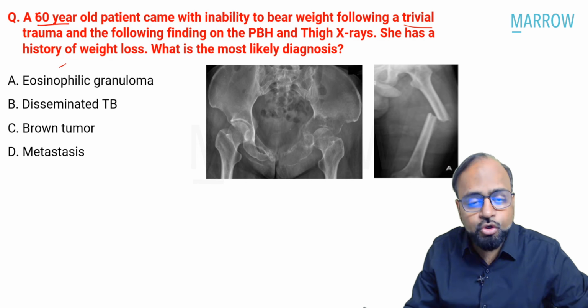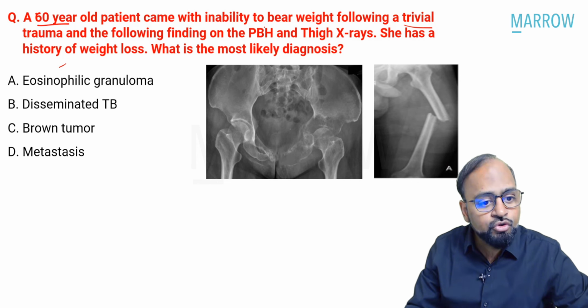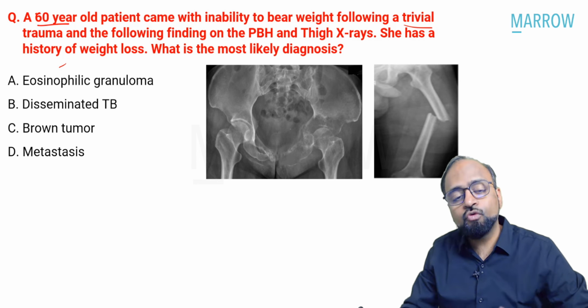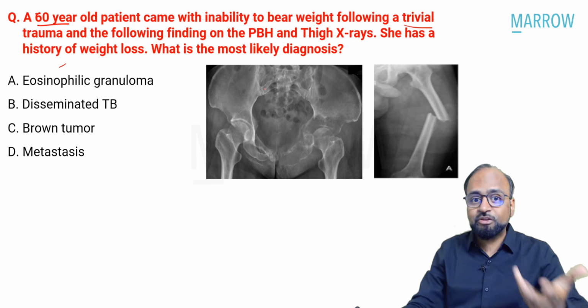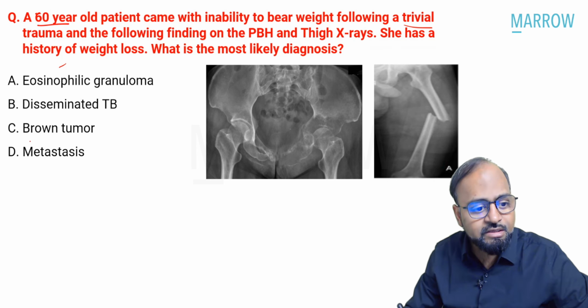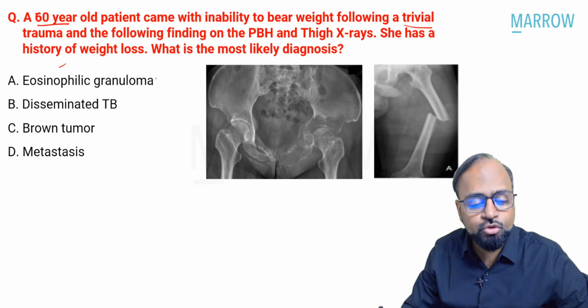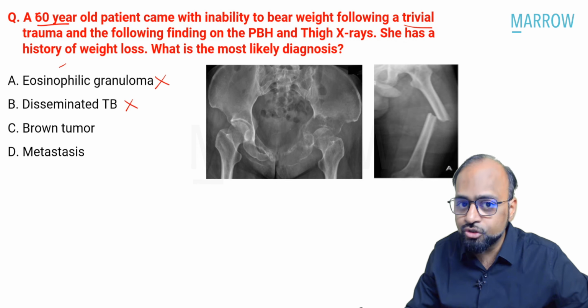Overall bone density was normal, no pathology or biochemical findings were given, right? And we saw a finding, there was a focal destruction of the acetabulum and a fractured shaft of femur, because it was a pathological fracture at the site of a metastatic lesion. And hence, the answer of exclusion: we have excluded eosinophilic granuloma, pediatric age group, we have excluded tuberculosis involvement